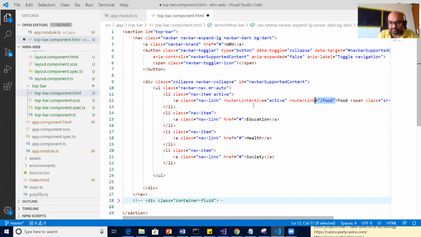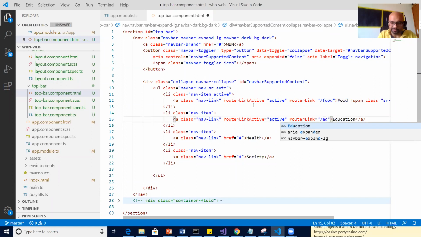Similarly, I want to go to the education page. Then it's a health page. So I guess this approach will be much better to make you understand how exactly routing works.